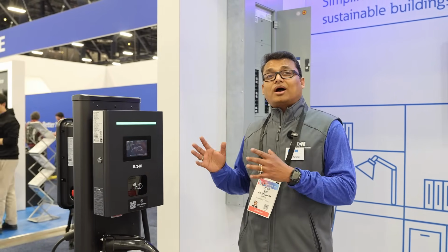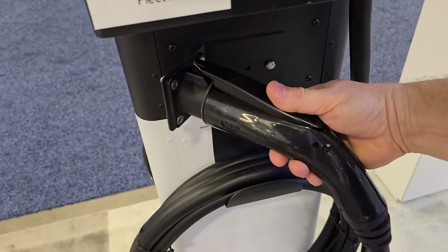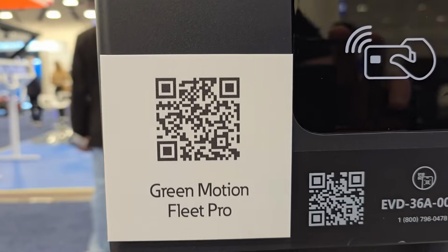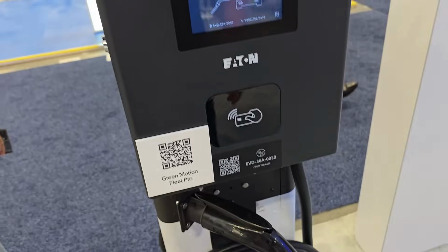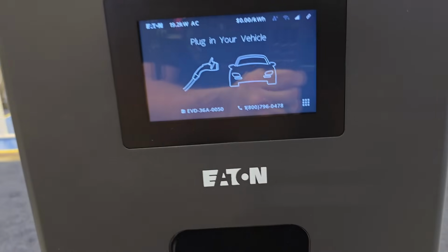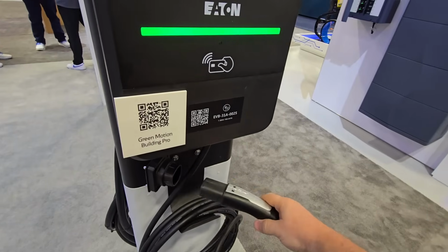I'm Sai Murahari, and I'm a product manager for EV chargers. Again, Eaton is here at CES 2025 with an amazing booth and a lot of our capabilities on display here. I'm specifically here to talk about our AC Level 2 charger offering that we have on display. So what we have here is our commercial AC chargers, which we call the Green Motion Fleet Pro. This is an 80 amp charger, primarily targeted for last mile delivery vehicles. And we also have a Green Motion Building Pro, which is a 48 amp charger for more of like passenger